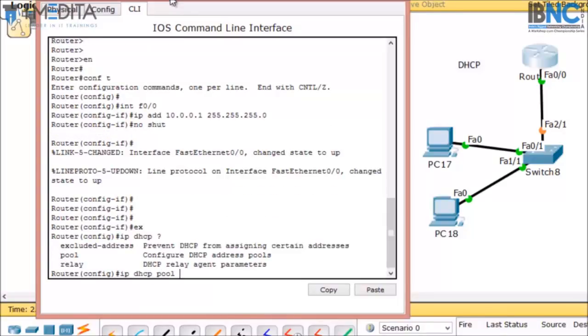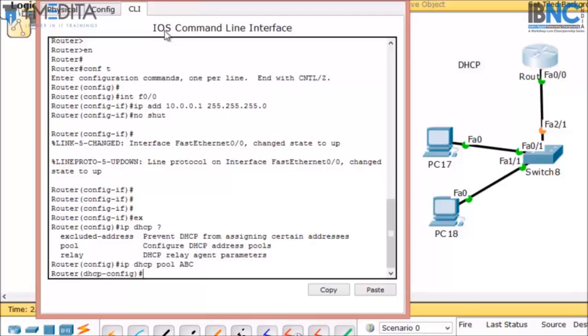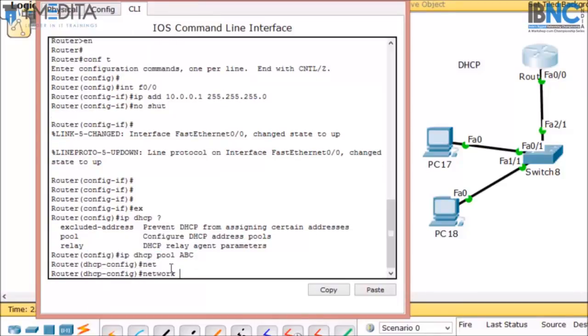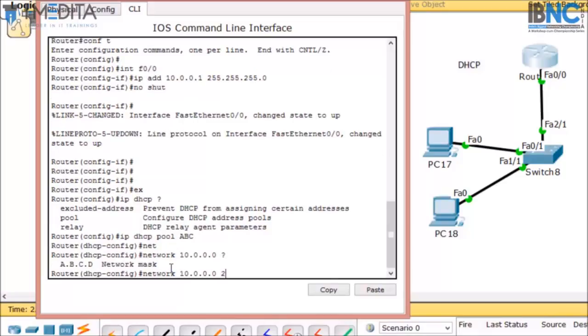Again, now we have to assign IP, DHCP and then pool, and then we have to define a name. So let's say ABC and hit enter. Now we are in DHCP configuration mode. Here we have to assign the network. So in the network we have to give 10.0.0.0 and then hit subnet mask information